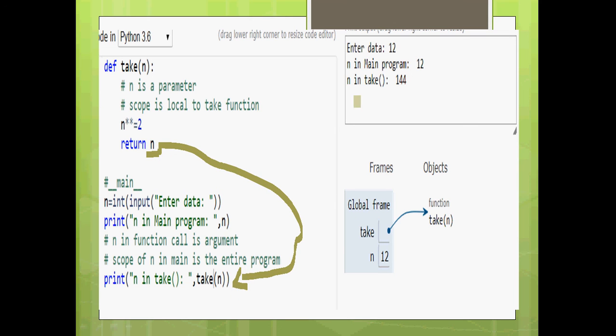There's no issue there. Because the result is passed here just to print, it became the function's return value, which is 144. You can see that there's no change in the main program's n value, which you also have to notice.